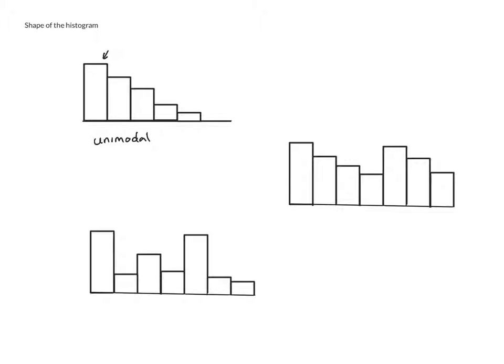If we look down here on the right, we notice this histogram has two peaks. This is what we call bimodal. Now, a really important thing to point out is that I'm not actually referring to this as the mode. That is, these bars don't have to be the same height. When we refer to something as bimodal, it simply means I have two peaks that stick up above the bars